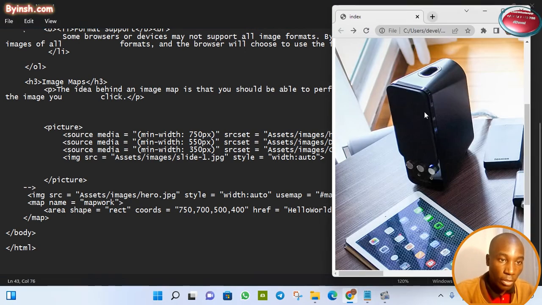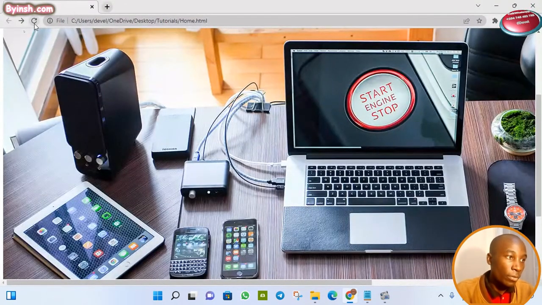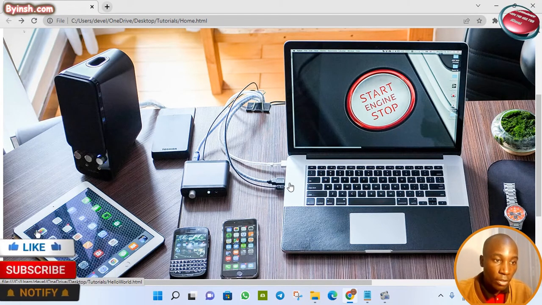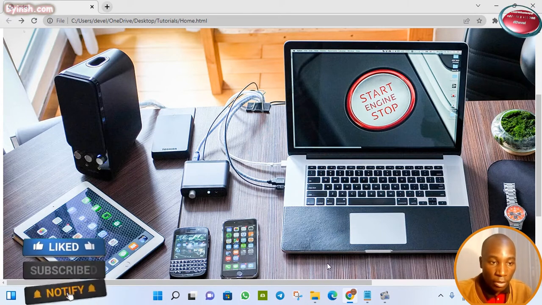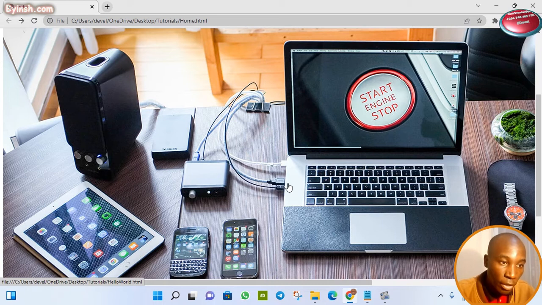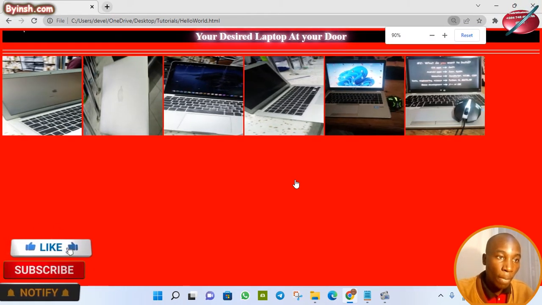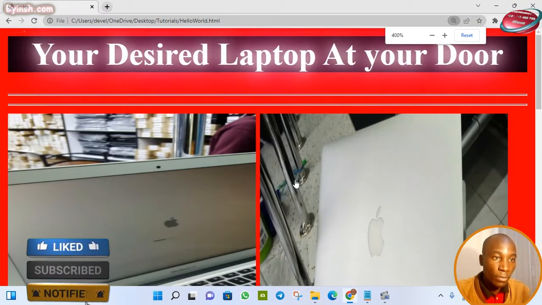So let me refresh and see what I mean. If you want to see the clickable area, where the cursor will change to a small hand, it will show a clickable area. So my clickable area is here. If I move away, it changes to a pointer, but where there is a clickable area, where my coordinates are giving me the direction, is the clickable area. And you will see a link down here at the bottom that will take me to that page. So if I click, it has taken me to that page you are seeing. Let me zoom so that you see it. It's just a dummy